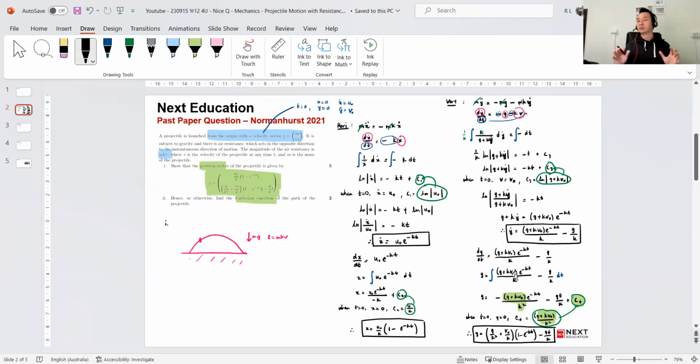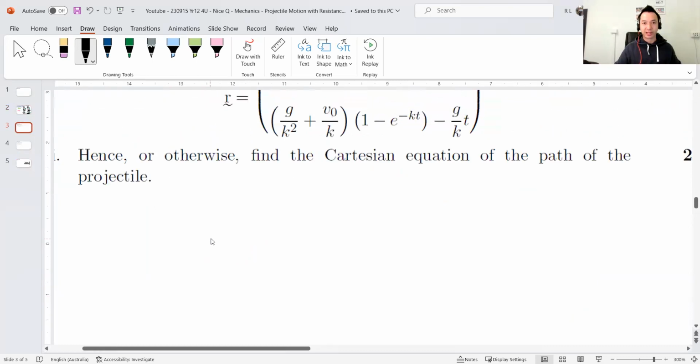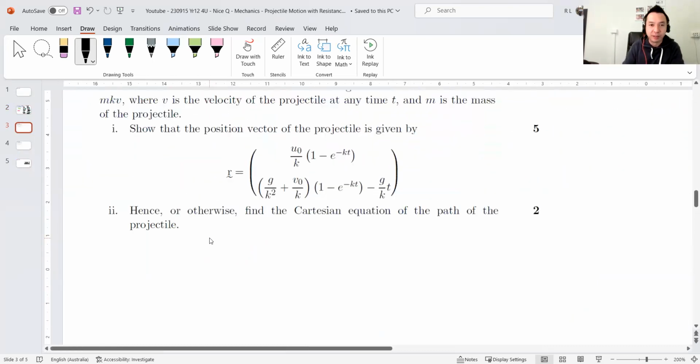5 marks there. Bit heavy. Apologies for the little algebra error, but that's how you do it. Because once you do that, the next part should be fairly straightforward because it's just Cartesian. If you couldn't do part A, you still can do part B because all you've got to do